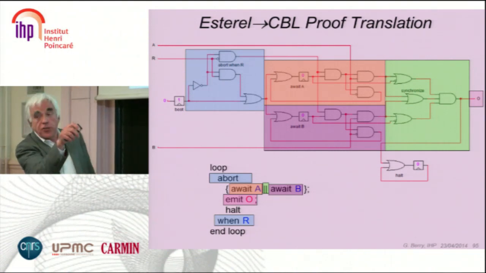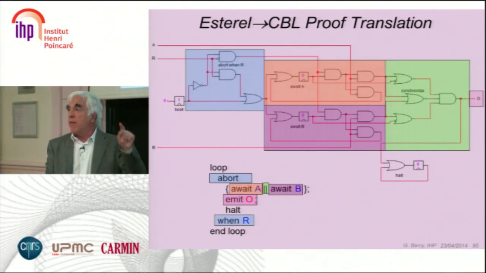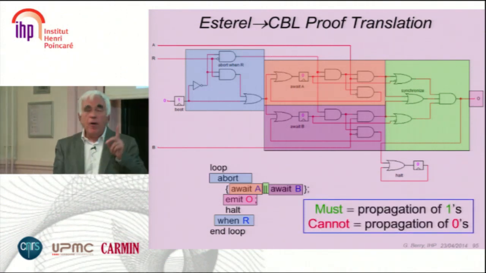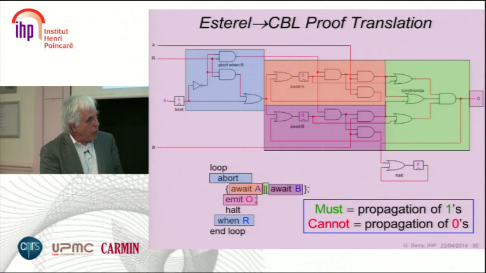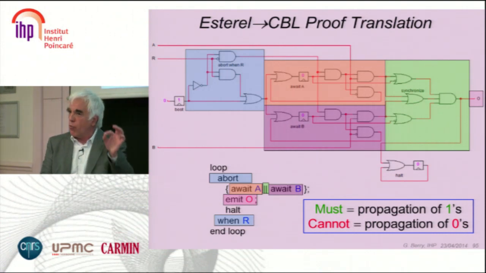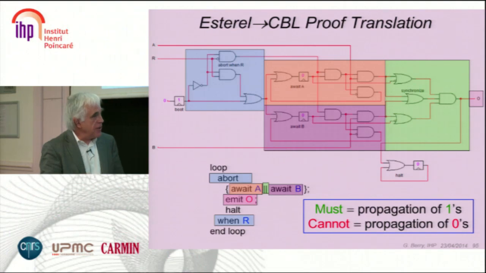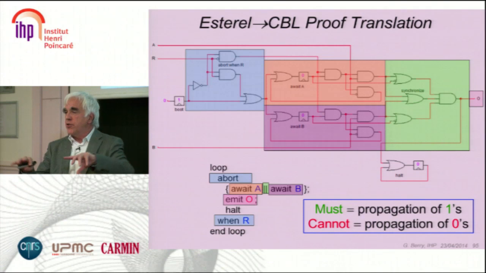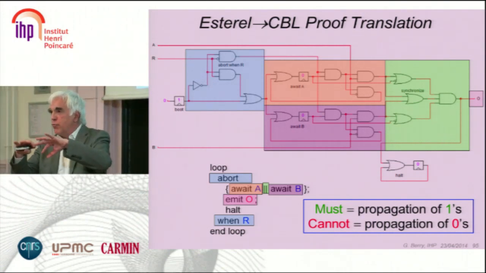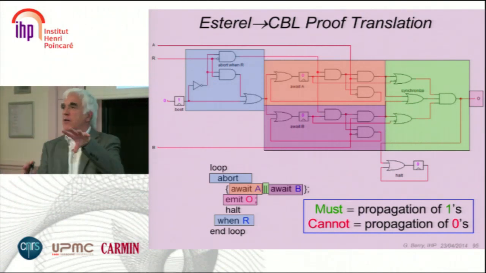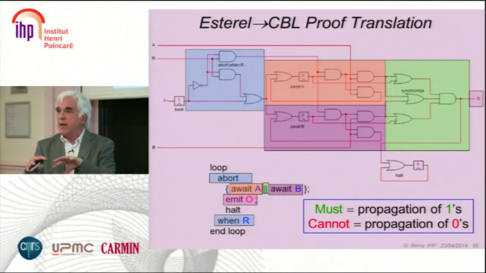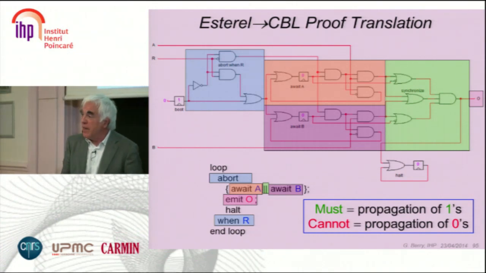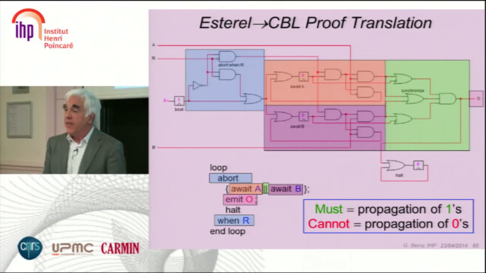The gates in the circuit, just as I did for the automata, are propagating the control. The must predicate is implemented by the propagation of ones in the circuit, and the cannot is the propagation of zeros. And these two go in parallel. So the circuit is a parallel engine to compute what must and what cannot be done. That's quite subtle, what's happening in the circuit, and Lionel Rigg will have to do the Coq proof that this is true.